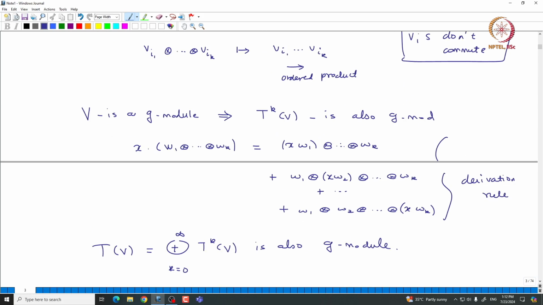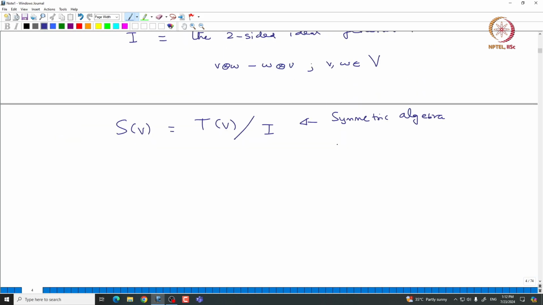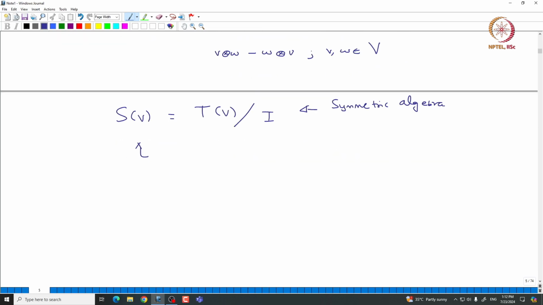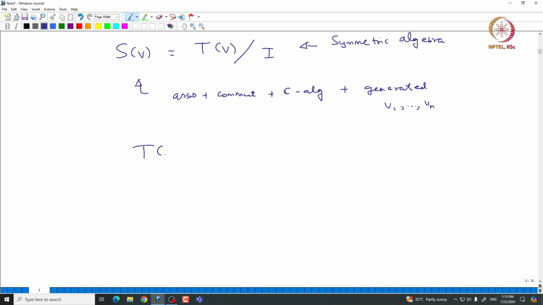But if you take the symmetric algebra, we want to demand that the variables Vi commute. Okay. So, that means we go modulo the two-sided ideal generated by V tensor W minus W tensor V. Then what we get is indeed a C algebra, which is associative plus commutative, again generated by the variables V1 etc. Vn. Okay. So, there is this natural map from T of V to S of V, which is actually,